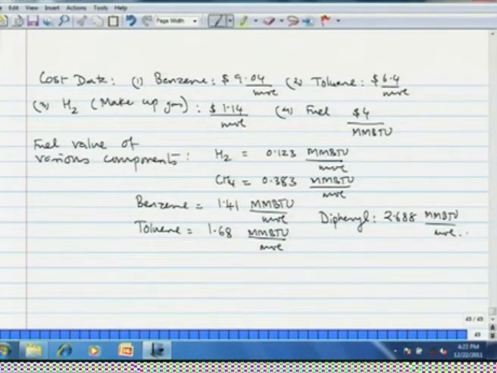Having given this data, we have to first determine the material balance for the process, both